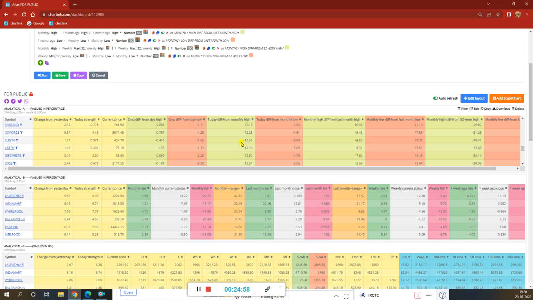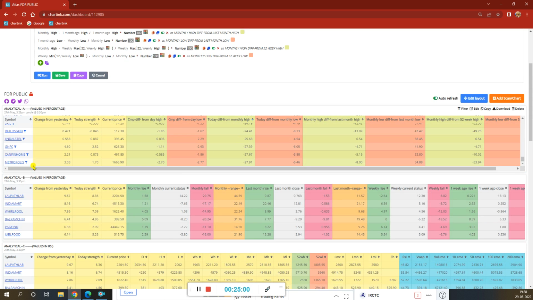Now if we go to the bottom, we can see GNFC is 27% away from its monthly high, which means in this month the stock has only fallen and fallen. That's all the stock has done. Jindal Steel is 25% away from its monthly high. These are the stocks which have fallen the most